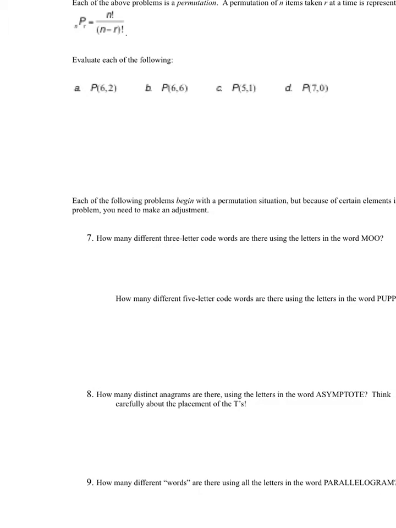So let's just practice a little bit more with these permutations. If we have, again, I will say the permutation, as we have right over here, 6 choose 2. According to our formula, that is going to be 6 factorial over 6 minus 2, which is 4 factorial. We know we can rewrite the top as 6 times 5 times 4 factorial, which over 4 factorial means the 4 factorials will cancel out. So we're just going to be left with 6 times 5,